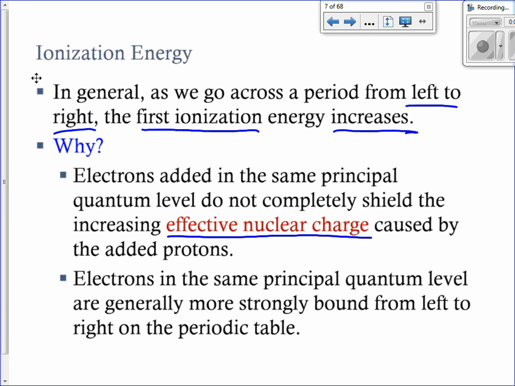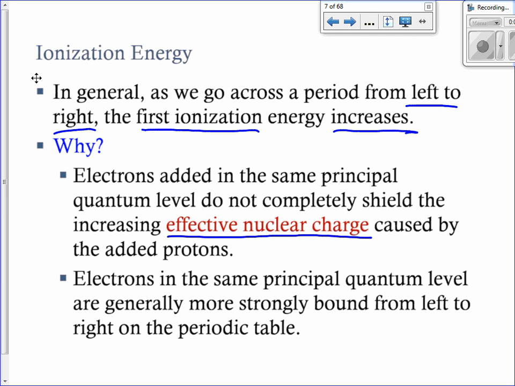Okay? So let's talk about that effective nuclear charge is what's really causing the more holding on to the electron. As you add more protons, you have more attraction, more Coulomb attraction. So it's going to be holding on to it tighter. So that's why, say, fluorine is going to be a lot harder to remove an electron from than, say, lithium. Okay? Fluorine has 9 protons. Lithium only has 3. Definitely going to have more effective nuclear charge there. Okay?